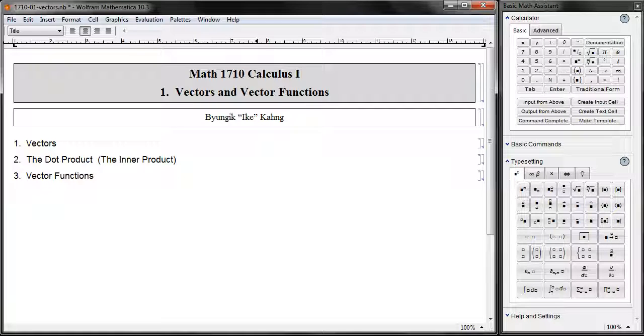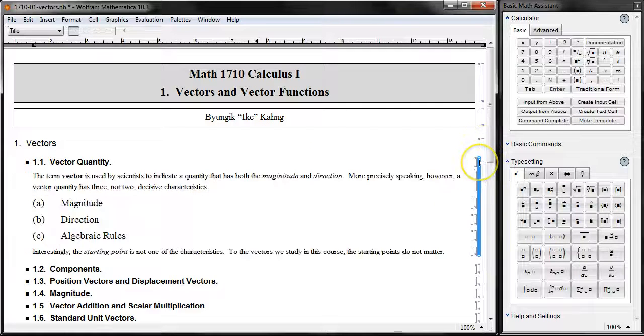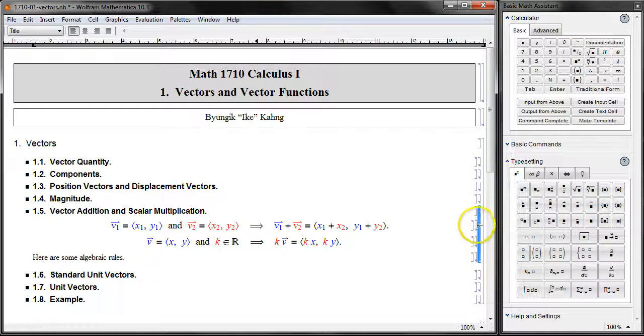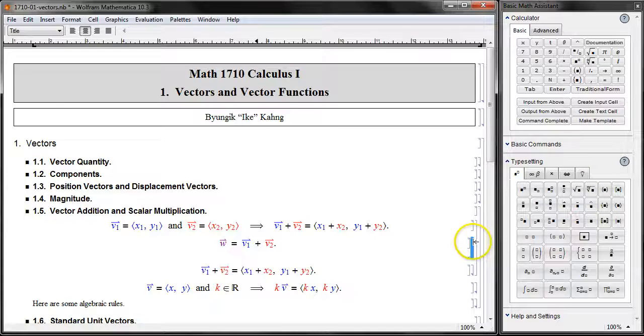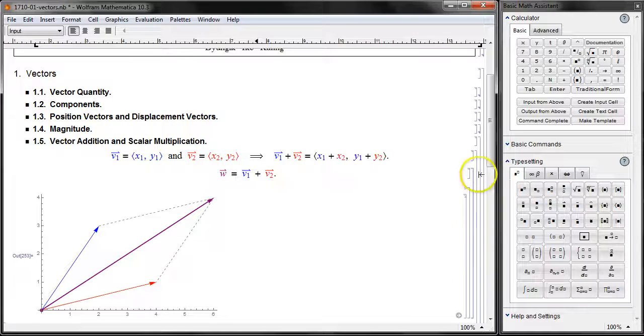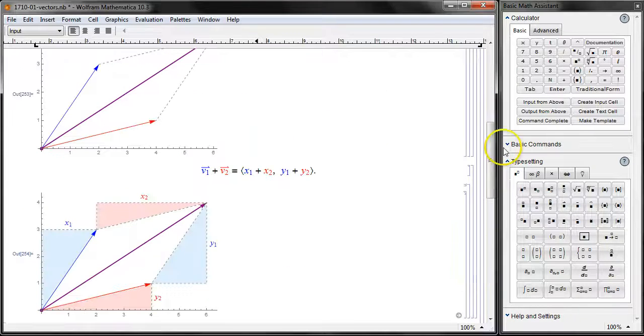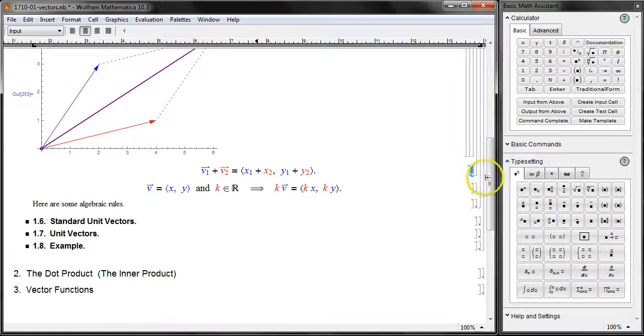Alright, let's resume. First, we talked about vectors, and we talked about three important characteristics of vectors: magnitude, direction, and algebraic rules. Algebraic rules here are vector addition given by parallelogram, which is equivalent to adding up x coordinates and adding up y coordinates,